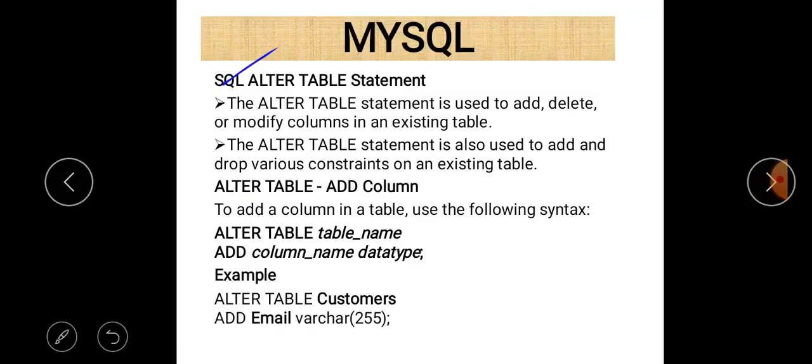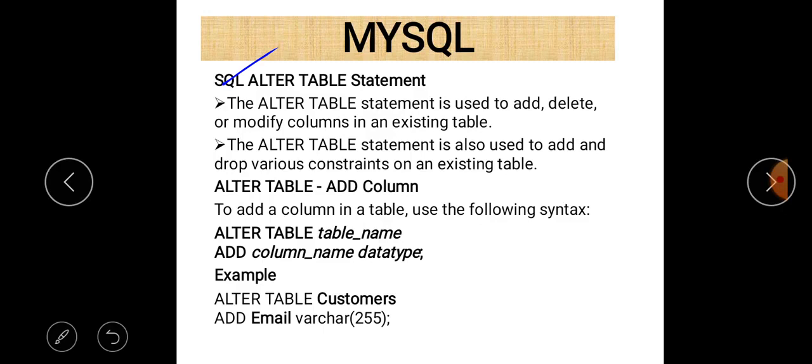The alter table statement is used to add, delete, or modify a column in an existing table. In our previous lecture, we already discussed the update command. Basically, the update command belongs to DML, and the alter table statement belongs to DDL. So it is a data definition language command.